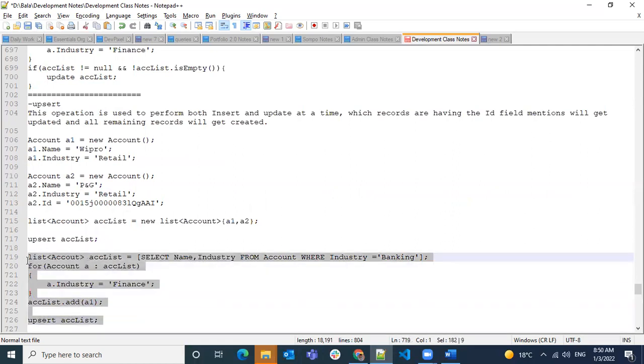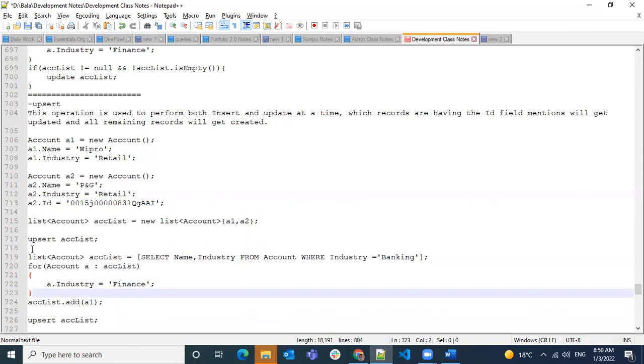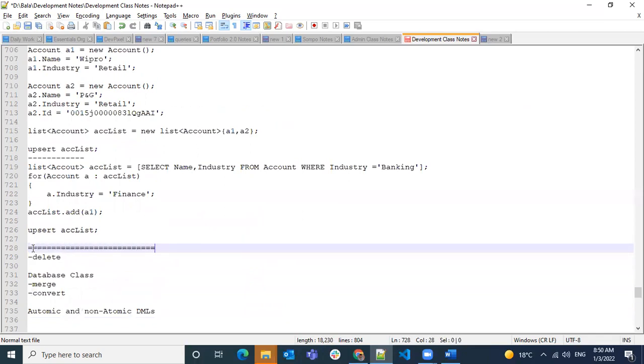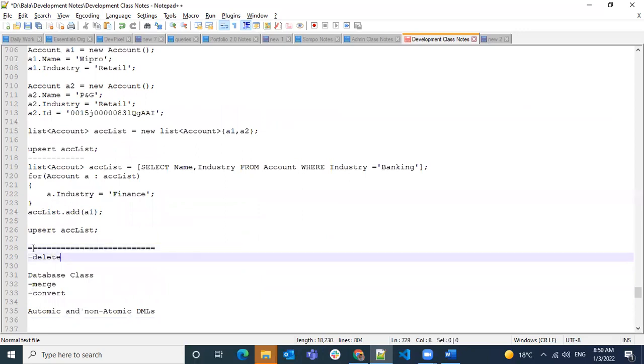But what will happen, all you queried will get updated, and what you have added will be created new. So it will be a different kind of code combination that you can use for the upsert. Okay, any questions we have so far?